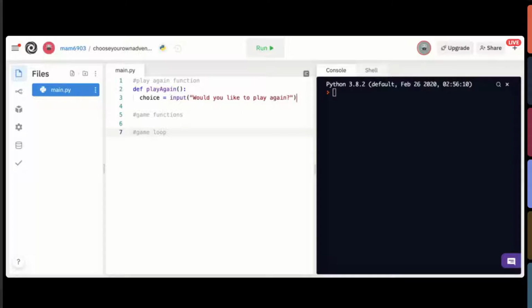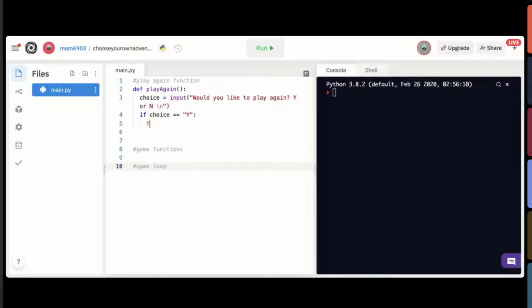And then depending on what the choice is, it's either going to be yes or no, right? Yes or no. And then we can do a backslash n to just have the answer be on a new line. If choice equals yes,